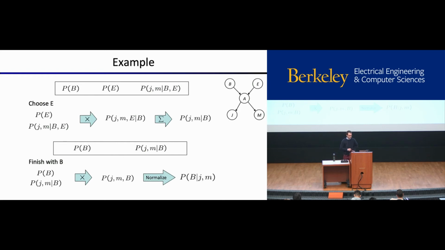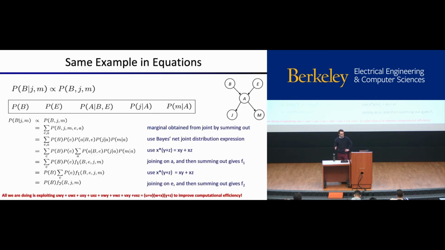I went through that kind of fast, so let's see the exact same thing again, but we'll put all the equations on one slide. We start with our conditional probability tables: P of B, P of E, A given BE, J given A, M given A. We know that we want B given JM. That's proportional to this thing. This thing can be written as a marginal of the full joint distribution over all 5 variables, so we write it this way. Then we use our Bayes-Net structure and the conditional probability tables to write that in a succinct way. We have this E and A as a summation on the outside.